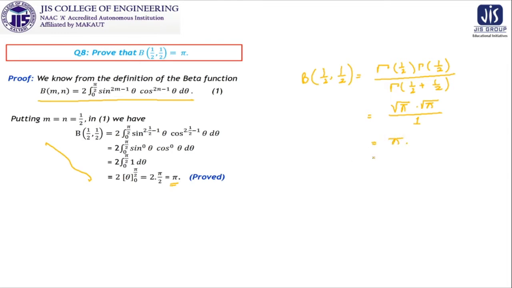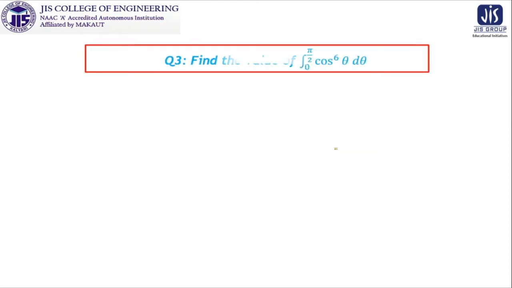Look at this, in both the cases we are getting the same result, and obviously it is very true that we can approach a mathematics problem in 1000 manners, but if we are on the right track, ultimately we will reach the fixed answer, that is, the answer for this particular problem is pi. Okay, so we have used these two particular properties here. Now we are proceeding further to the next problem.